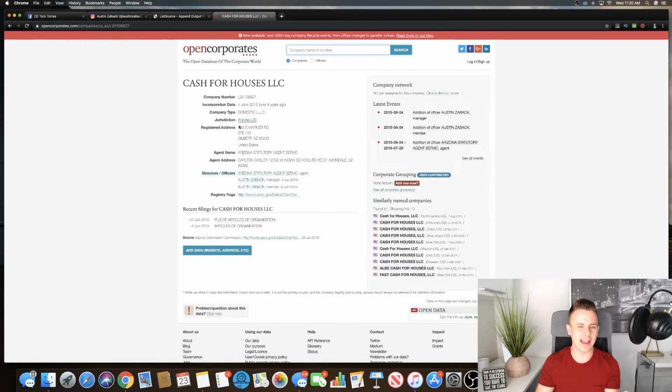Don't get any funny ideas, okay? This is actually a separate address from where I live. It's a PO box, so if you want to send some mail there, you can, but I basically don't ever check the mail at that particular address. You can see right here, though, that I am actually the manager or the director of that LLC. Manager and member of Cash for Houses LLC. So once I know the name of the person, I can now skip trace that list of people.